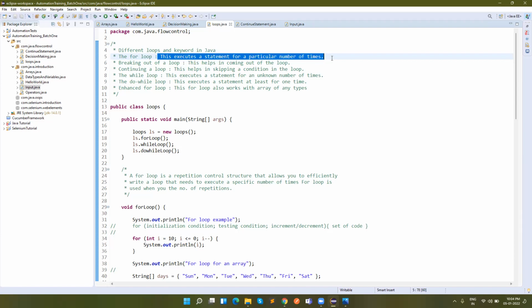Can anyone elaborate this? Obviously, I'll explain this later, but in the below example, I equals 10 and I minus minus. So until the condition is matched, it will execute till 10, right? So multiple times. The same will happen with the while loop as well.